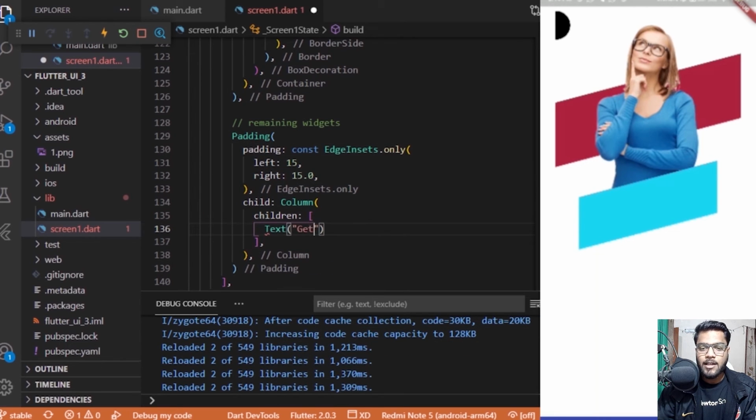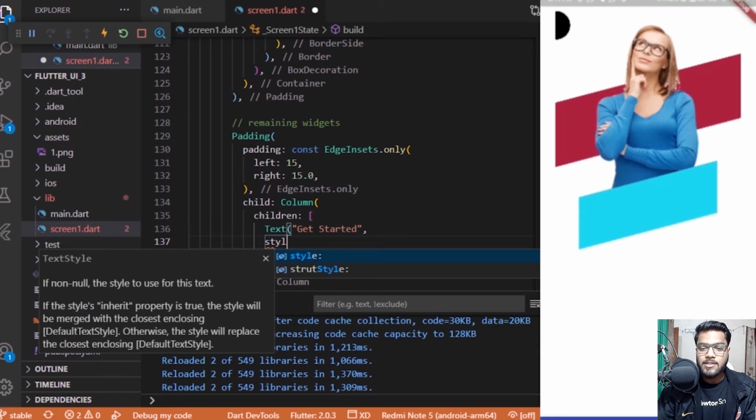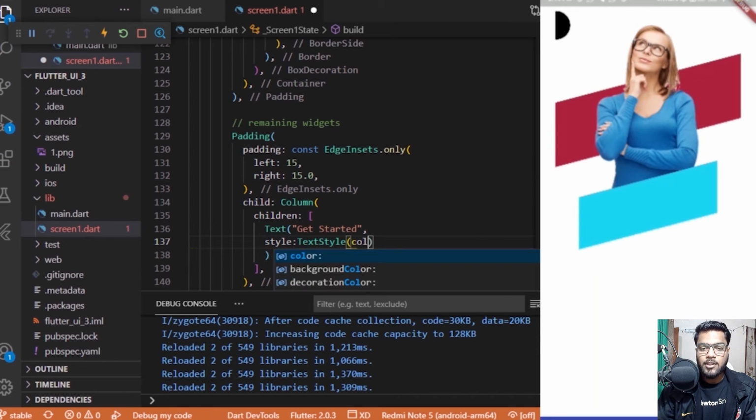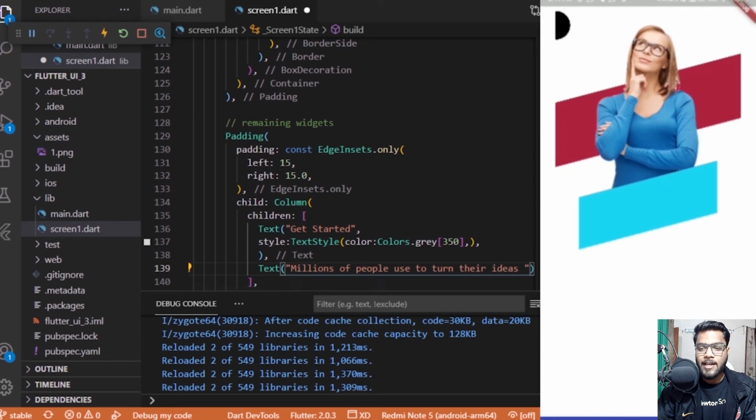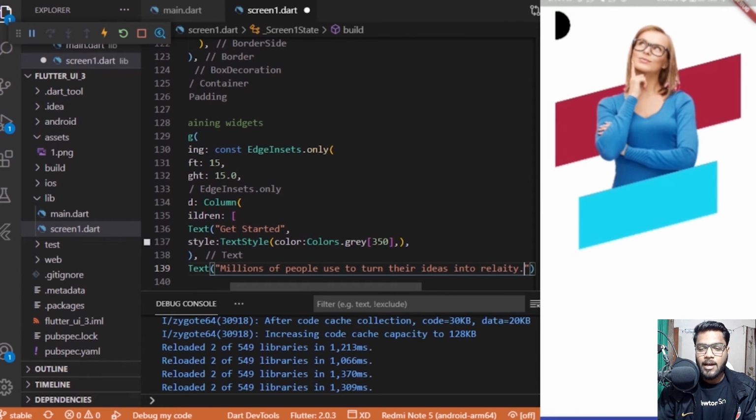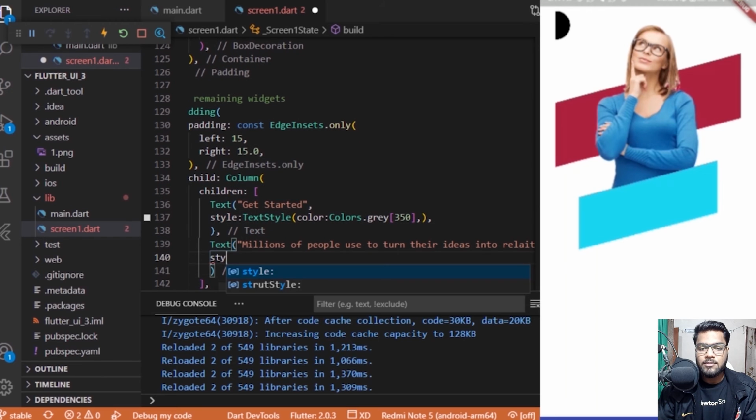So for the children, the first widget would be text which says get started, and for the style of this text it would be having a color of gray with the variation of 350. Next up I'll be adding another text which will be saying millions of people used to turn their ideas into reality, and after that I'll be adding some styles to it as well.